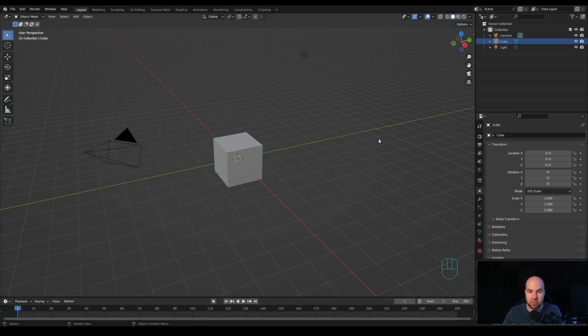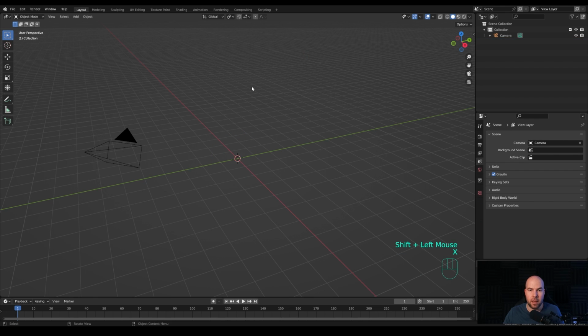Now let's jump right into an empty Blender file, and the first thing I want to do is to remove the cube here. So let's just select it, and we can remove the light as well. So I will hold Shift, select the light as well, press X and delete.